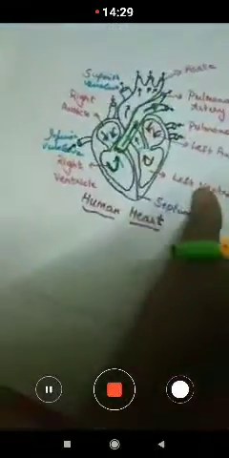Through this pulmonary artery, the blood reaches the right lung and the left lung. I think here you have understood. So the pulmonary artery takes the impure blood and it reaches the lungs, to the right lung and to the left lung. Now as it reaches the lungs, you can observe here.